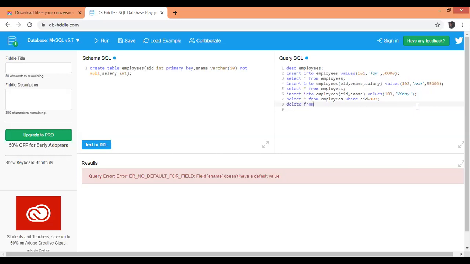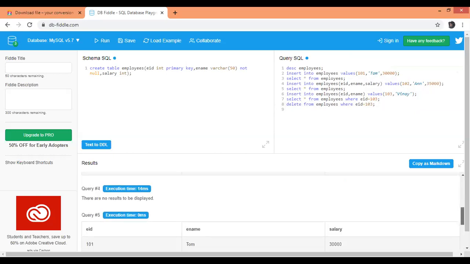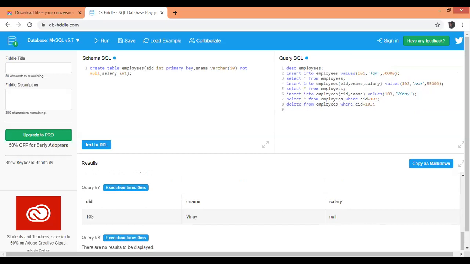Delete from employees where EID equal to 103. Yeah. Now it's giving query is successful. Again, the query is successful, but you cannot check it. No results to be displayed.